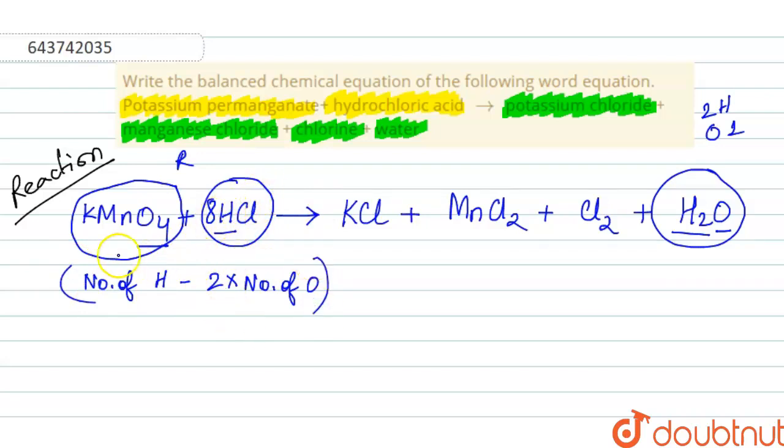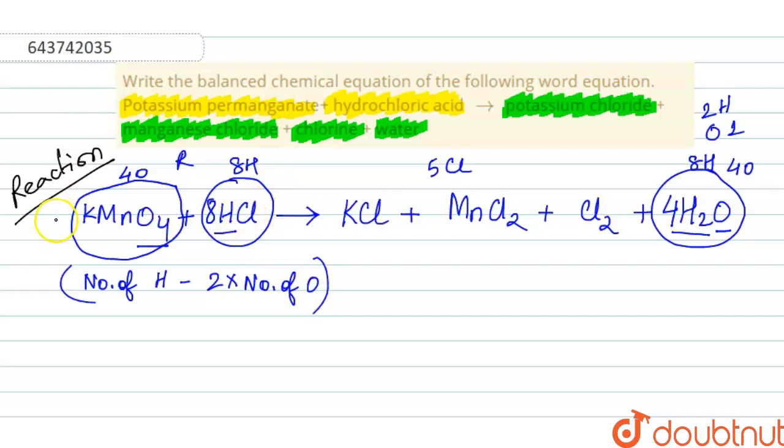On adding 8, we get 4 oxygen and 8 hydrogen. For that we have to add 4 over here, so we get 8 hydrogen and 4 oxygen. So hydrogen and oxygen becomes balanced. But now to compensate the chlorine, we have 2 Cl here, 2 Cl here and 1 Cl here. That means we have 5 chlorine in the product side, whereas we have 8 chlorine in the reactant side. So definitely this is not going to work.